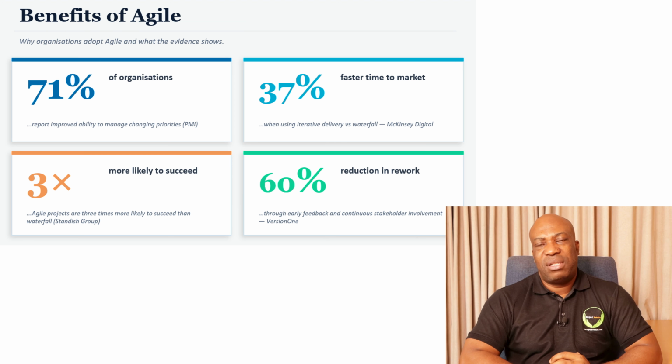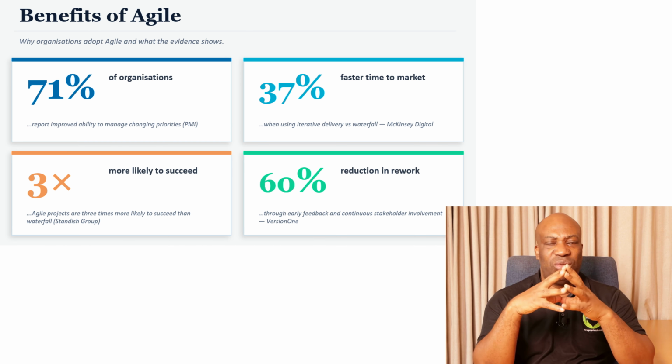The main reason why I had to present this is people have to appreciate and understand why Agile came into play when traditional was already existing and it was already working. So you might be asking, what actually are the benefits of Agile methodology? There are 4 basic benefits of Agile methodology. And the first one is